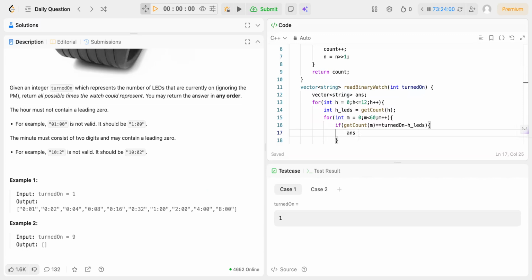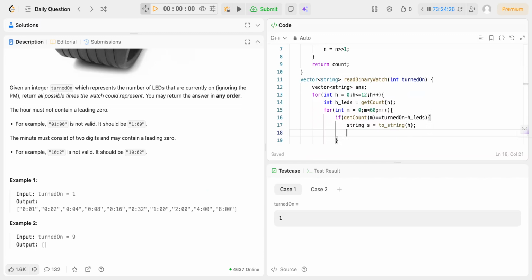Answer plus is equal to... if it is 0 1, you just add it like 1 only. So answer plus is answer, string s is equal to to-string, h. Okay, and